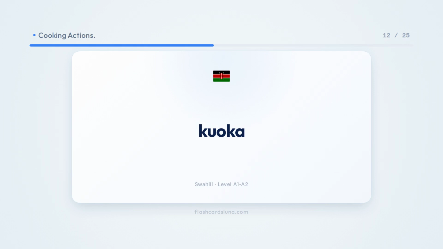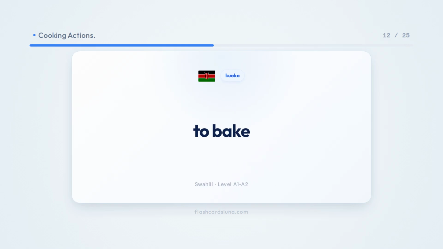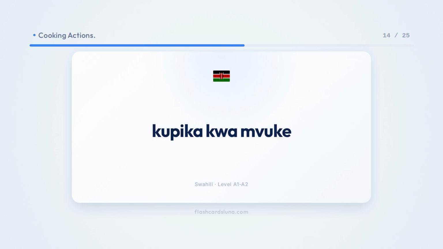Kuoka. To bake. Kuchoma. To grill. Kupika kwa mvuke. To steam.